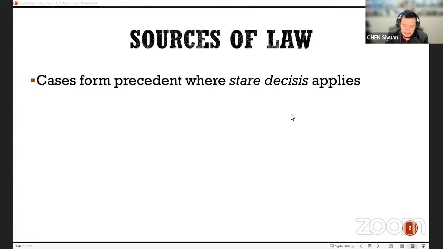Of course, sometimes they may interpret what the Court of Appeal has said in a different way, but generally, that's how it works. It's a vertical stare decisis. So Court of Appeal decides, everyone follows. If Court of Appeal hasn't said anything about it, then we look at whether the High Court has said anything about it. And if the High Court hasn't said anything about it, then I suppose there is no binding precedent, right? The state courts can do whatever they wish.